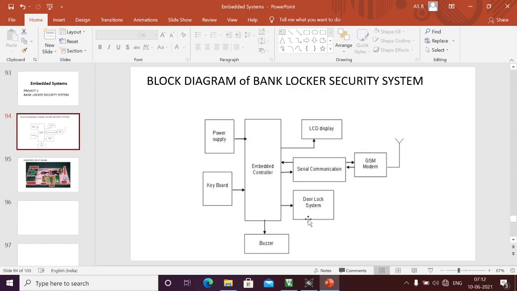And this is a door lock system: we will interface one DC motor that we will treat as the door locking system. Here we are additionally interfacing one buffer, which we can also operate using logic 1 or logic 0. We should also interface a 4x3 keypad. And this is the power supply circuitry. If you want to operate any hardware devices, we need to give the power supply.